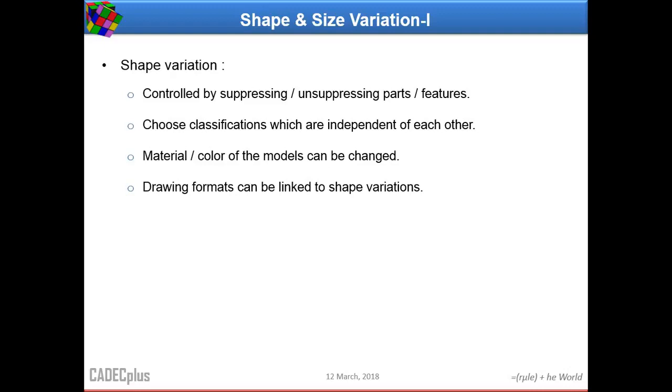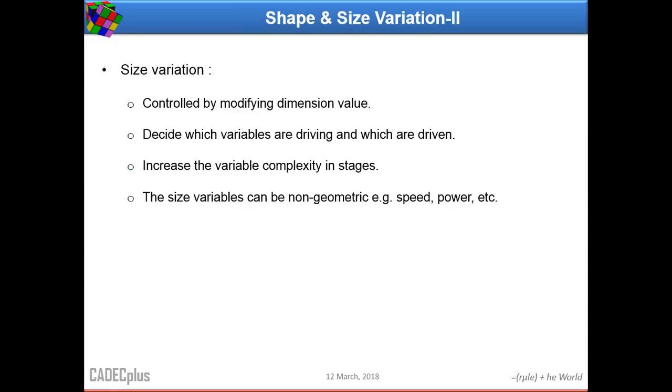Different views corresponding to geometry variations are updated on the drawings. Size variables are primarily associated with the dimensions in the model. As mentioned earlier, we need to decide which of these are independent and which are dependent. The rules that govern the values of these variables are in the form of equations or true-false conditions or lookup tables, series, range, etc. It is also possible to govern them through shape variations.